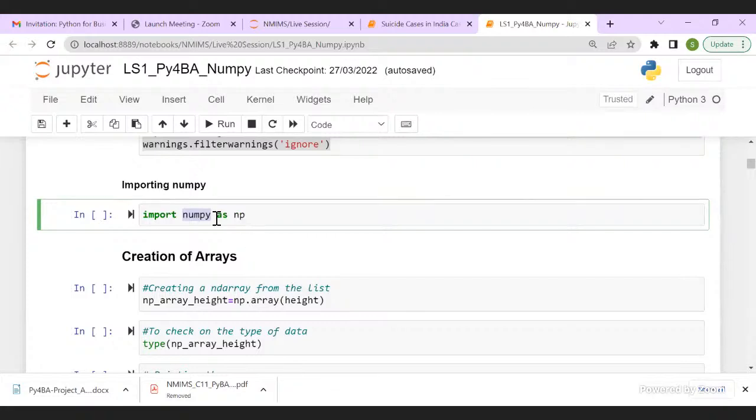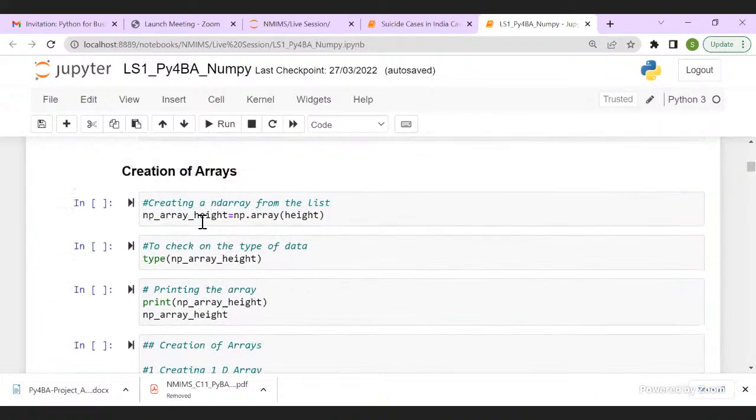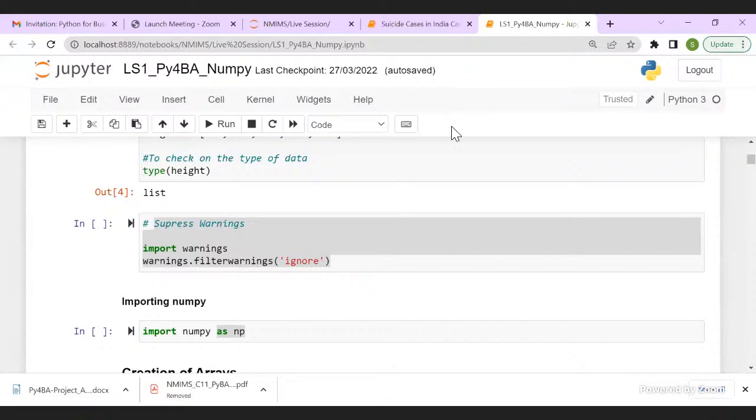Okay. Now I have imported it. What does this mean? As NP. NP is a short name I'm giving to my Numpy as an alias. We all have our short names at our home, right? So similarly, in my coding, whenever I want to call my Numpy function, I'll be calling it using its alias name, NP.